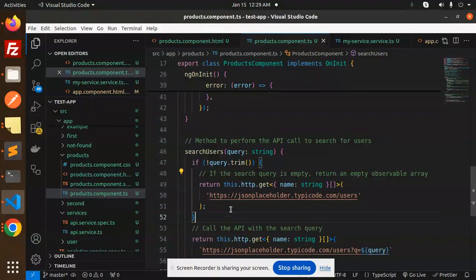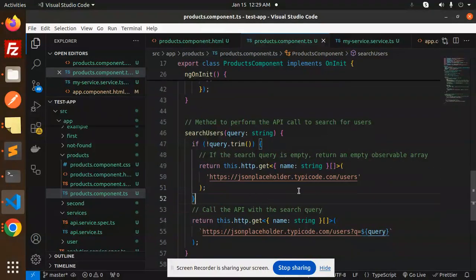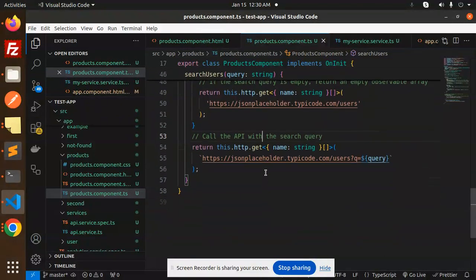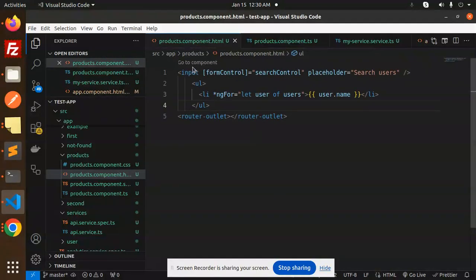Here I'm going to call the API. With query.trim, we are just trimming the spaces. If the search query is empty, return an empty observable array. Otherwise, call the API with the search query. So this is the API for calling the search query. This is how you can fix that. You can use this debouncing in your project. And this is the basic simple code for the